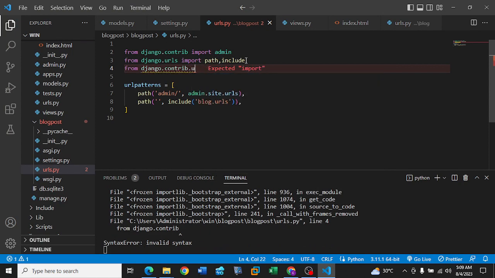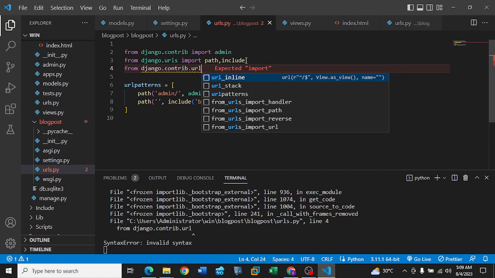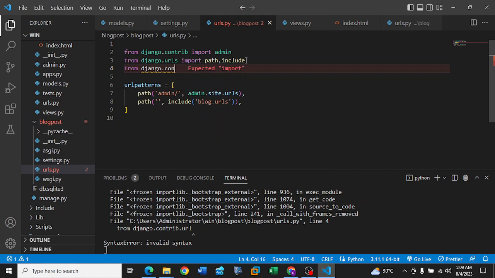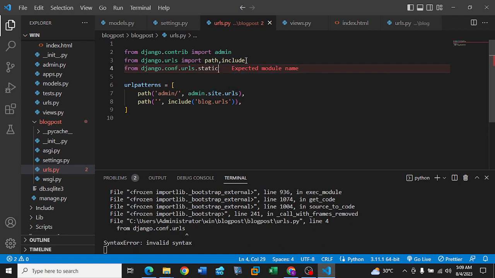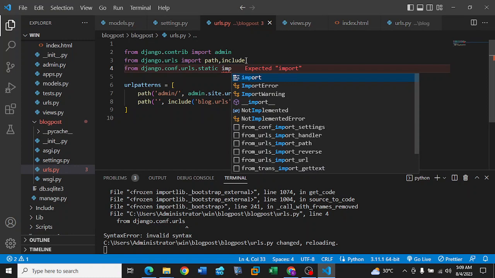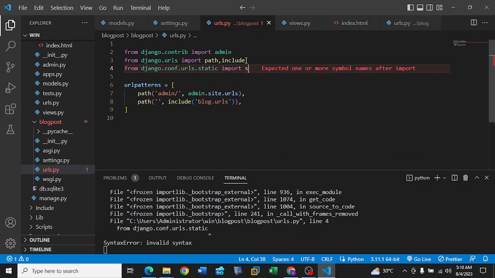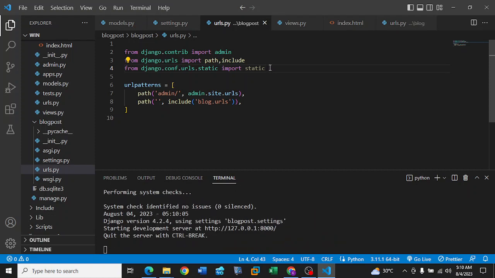django.contrib.url, django.contrib. Oh, I'm sorry, it's not contrib. django.conf, I think that stands for configuration. urls.static import static. So as you can see, we are importing our static file, import static, and we need to do another one